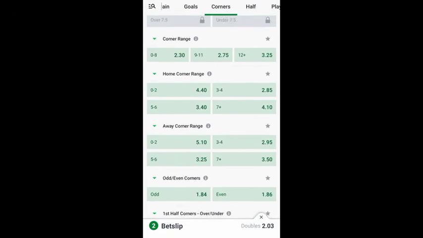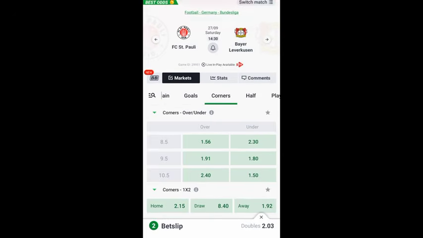The first strategy I told you guys is to find the game that has the odds of 2-3 right there, and once you find that game, you check their head to head to see if these guys are scoring 1-0, 2-1, or 2-2. So once they are doing that, all you have to do is to give them first half corners. You can go with under 5.5 or under 6.5. So basically, that's my strategy that I've been testing out. I've been seeing a lot of results, and I'll quickly come here and share it with you guys.